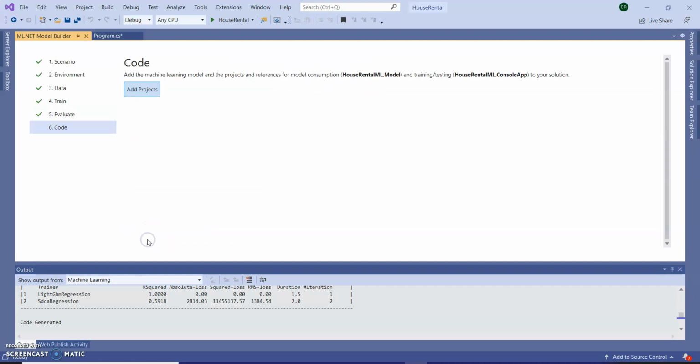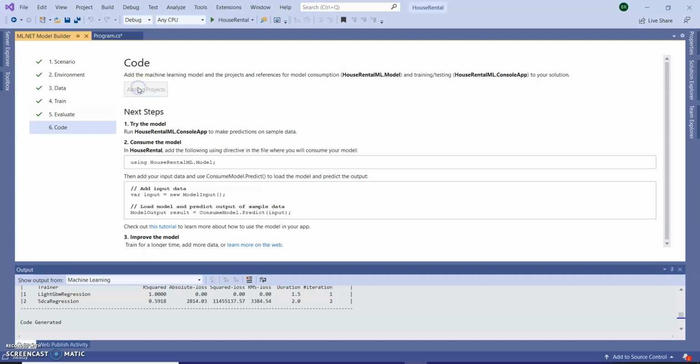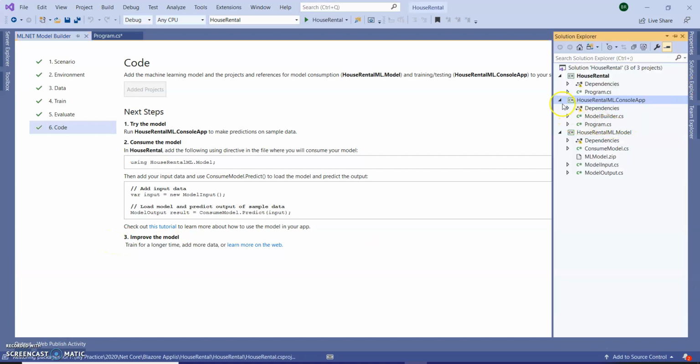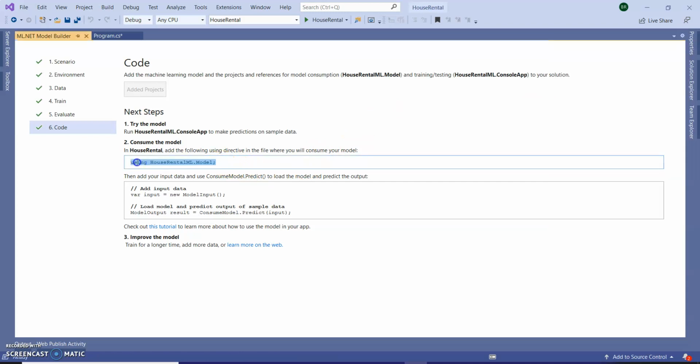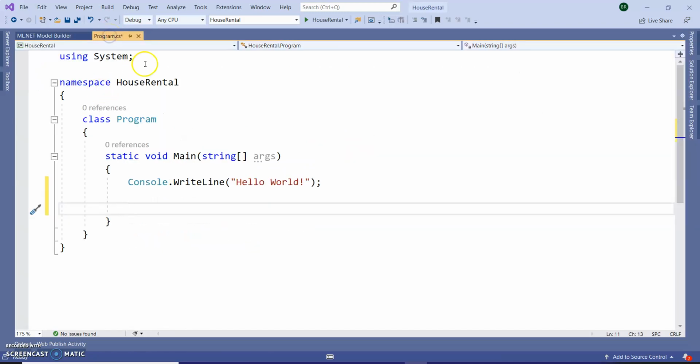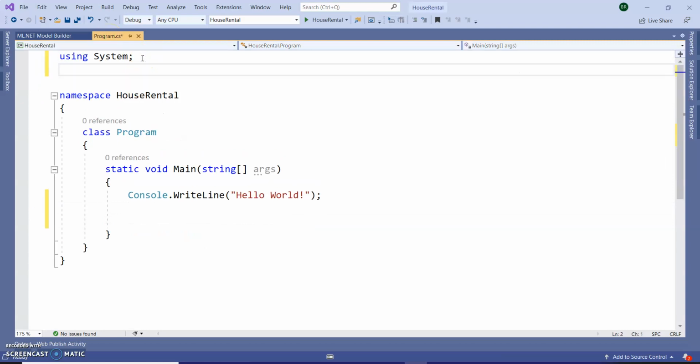Click on code, click on add project, completed. So two new projects have been added here in my application. Next, take this code line by line into our console application.